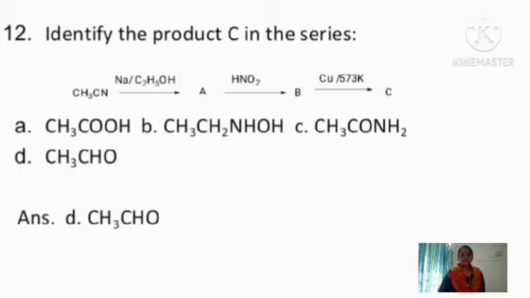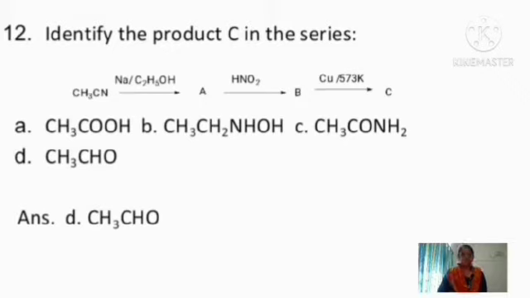So coming to the next question, identify the product C in the series. The series is CH3CN in presence of sodium and ethanol gives a compound A. Then on treatment with nitrous acid gives another compound B, which on treatment with copper at 573 Kelvin gives C. So options are given: CH3COOH is A, B is CH3CH2NHOH, C is CH3CONH2, and D is